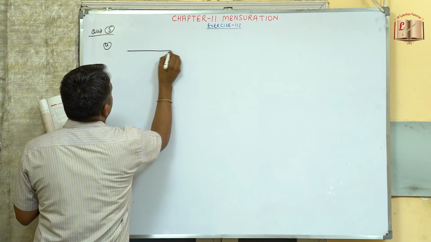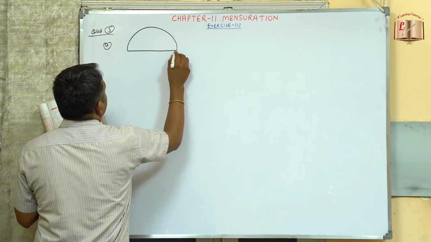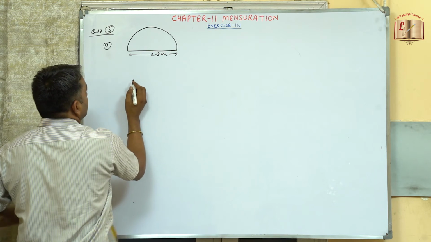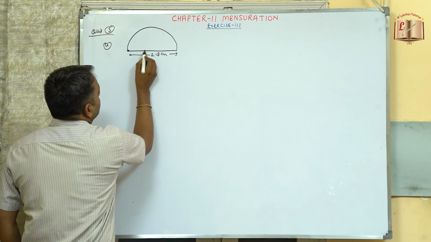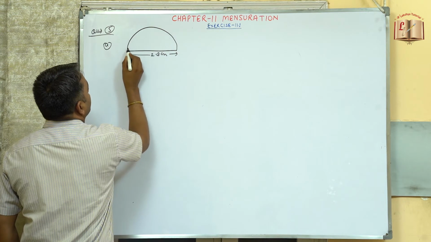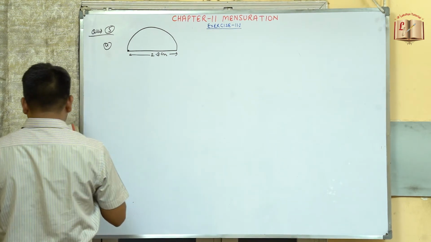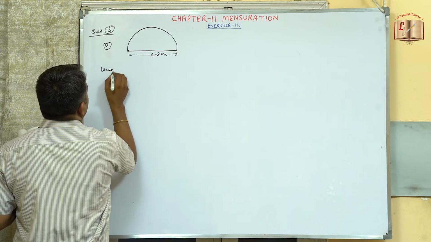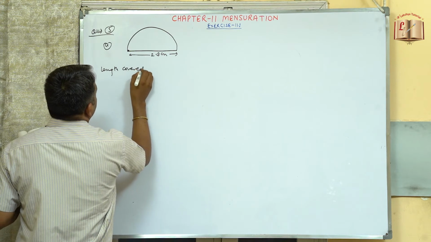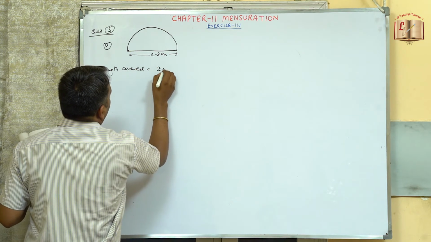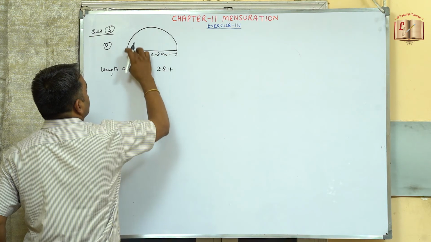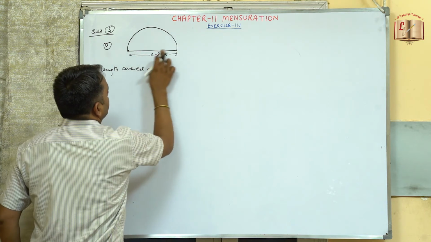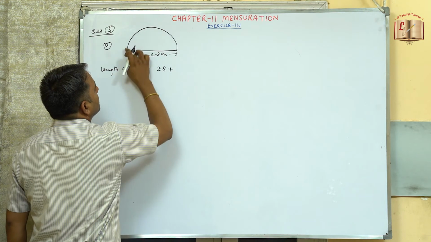In case of A, this is the figure given to us, and this complete length is given as 2.8 centimeter. Now if she starts from this end, this complete will be the length covered. So the length covered here will be 2.8 plus this circumference. 2.8 means she goes from here to here, then covers this boundary and comes back here. So this length is given as 2.8, plus this semi perimeter.